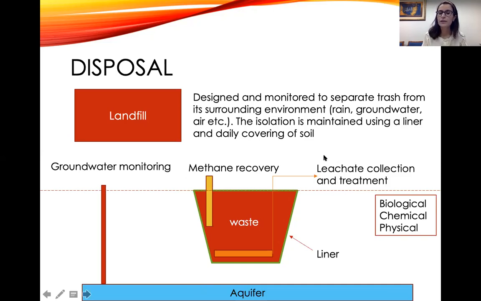And specifically from leachate. So leachate, you have to collect, you have to treat it, you can't just keep it there. Otherwise, if it remains there, there is a disruption here. And then if it goes down, it can contaminate your groundwater. A lot of processes are happening here. If there's biological waste, methane, as we said, would be released. In these areas, ideally, there should be a groundwater monitoring facility and certain chemical, biological, and physical reactions going on here. So this is one disposal method that I wanted you to look at before we